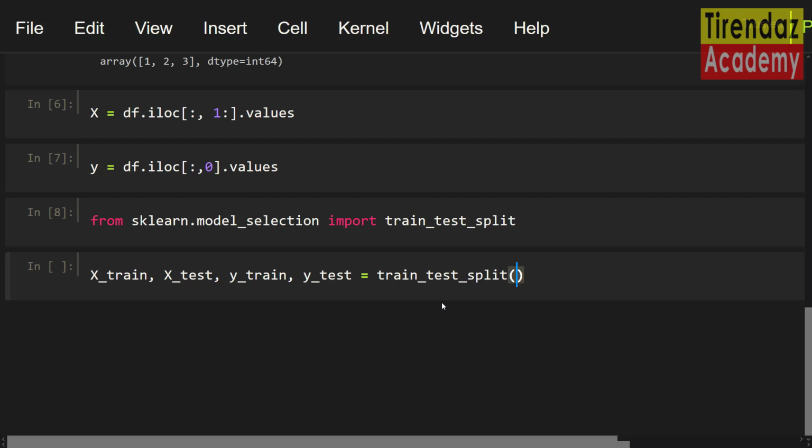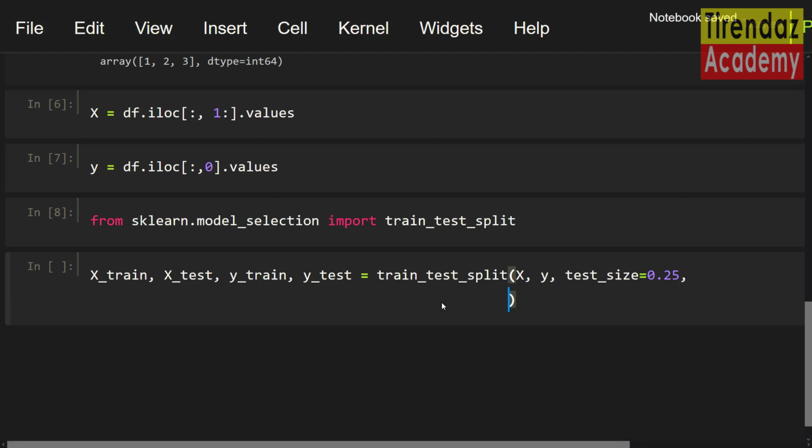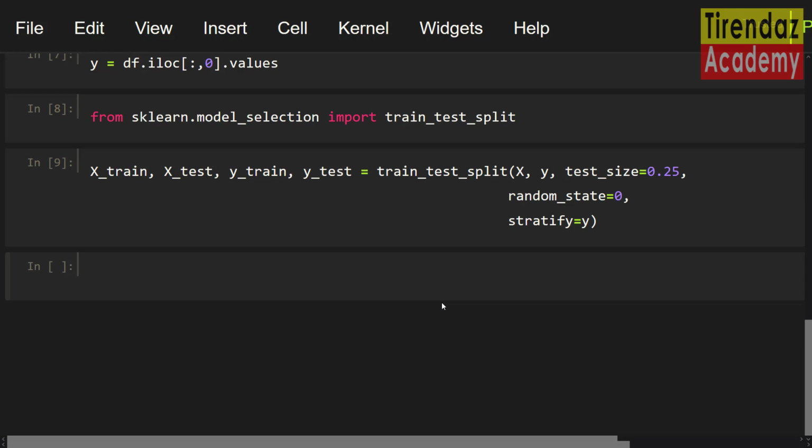I'm gonna set the input and output variables. For the test_size parameter, I'm gonna set 0.25. This means that 25% of the dataset will be the test set. To get the same data, I'm gonna use the random_state parameter, let's say 0. To have a balanced class distribution, let me set stratify=y. Okay, we created our train set and test set.